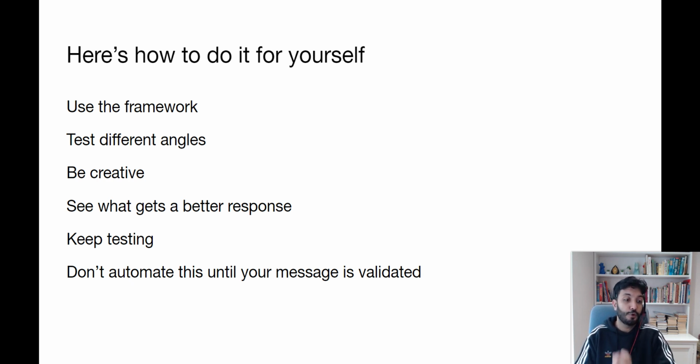The important bit is you don't start automating this until your message is validated. Here's the mistake everybody's making. They start automating a message, sending to thousands of people per day, and they're like, I get no responses. Well, first of all, you've not validated that the message even works on a small audience. And second, you've looked like an idiot, wasting a message on those thousands of people. Now your reputation with them is down the toilet because they think you're a spammer with a really bad message. So it's important to test a message on a small audience first, figure out why and how it's working, and once it does work, then you can up the number of people you message per day